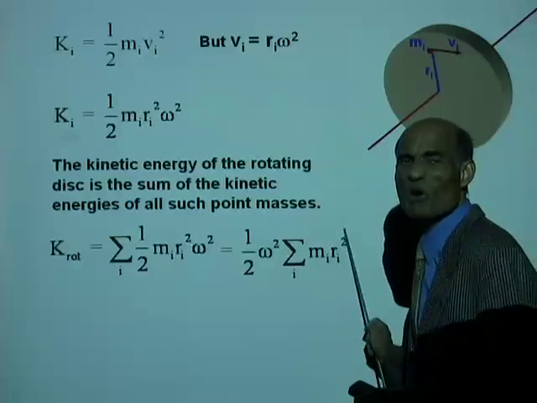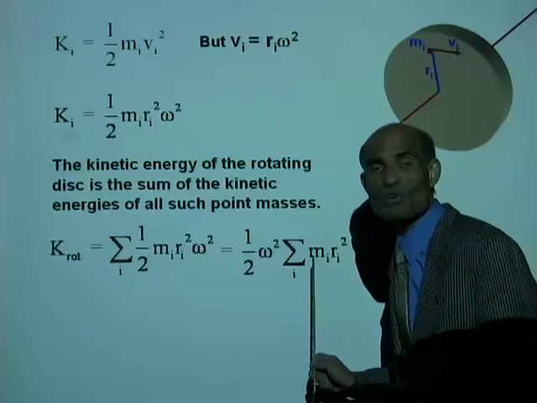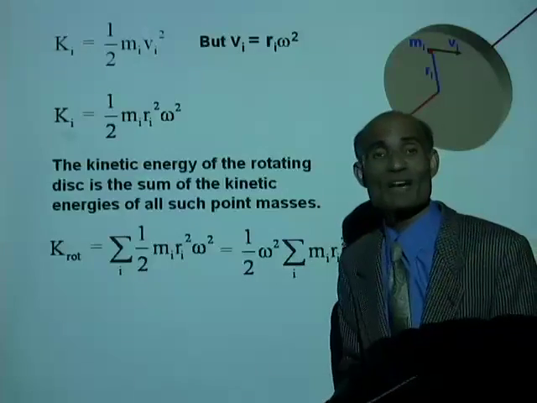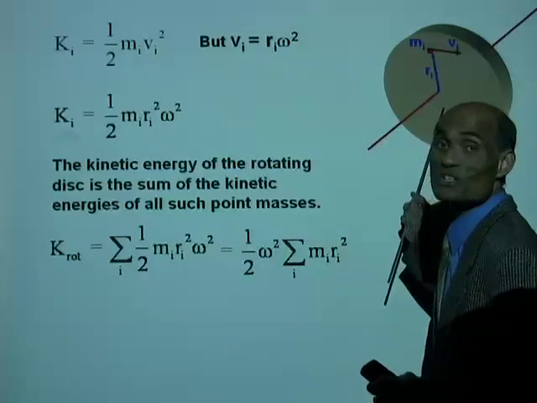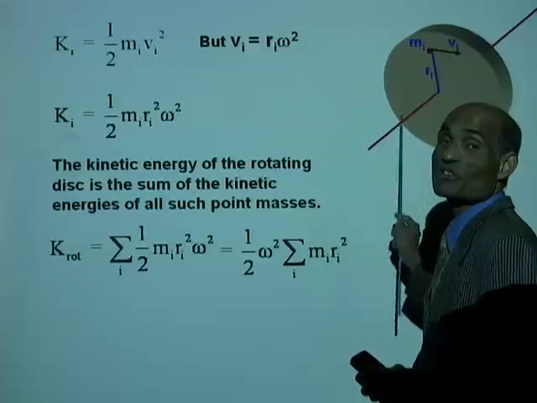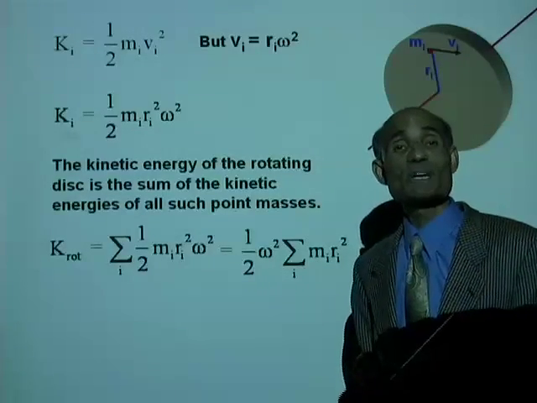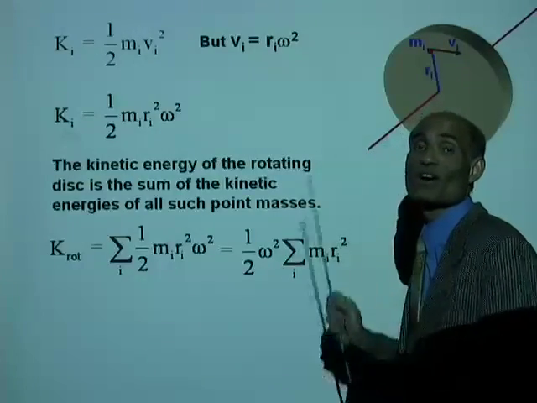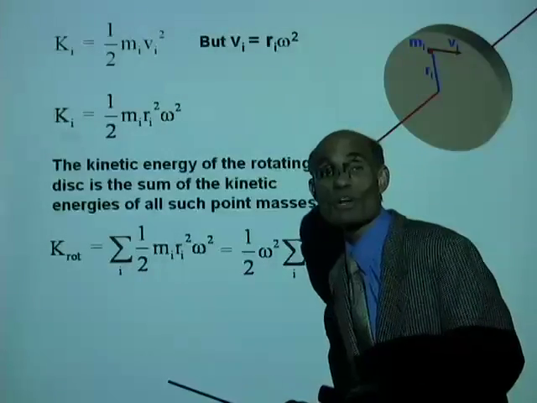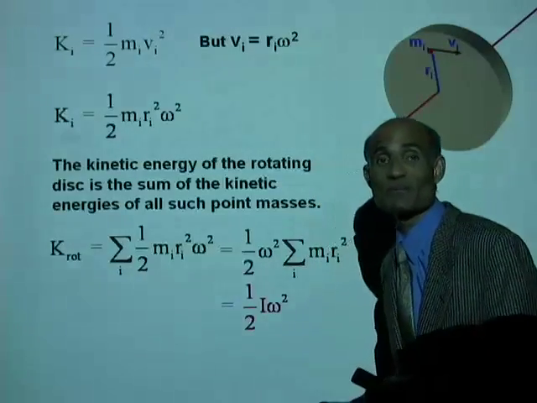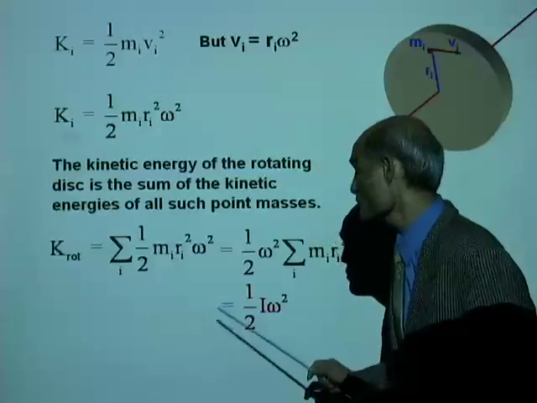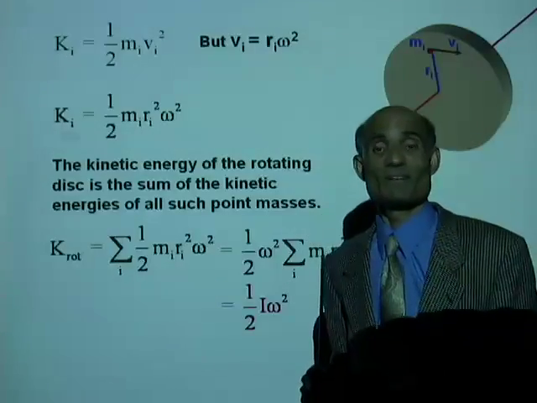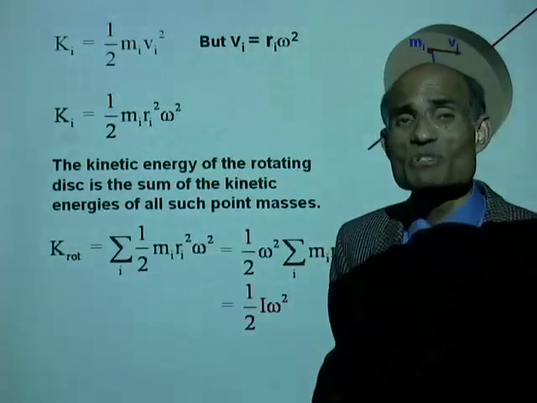What is the name of this quantity? This is a special quantity. We gave it a name. What is that name? Summation i of mi ri squared is the moment of inertia of the rotating disk about an axis through its center of mass. So this is I, the moment of inertia of the rotating object. Therefore, what is the equation for kinetic energy? Kinetic energy of rotation is 1/2 I omega squared. Now, do you see any similarity between this equation